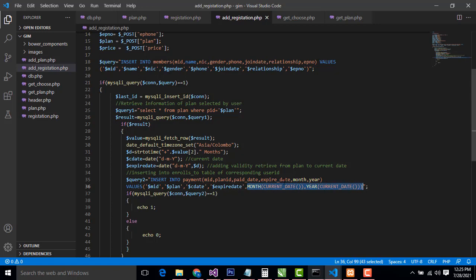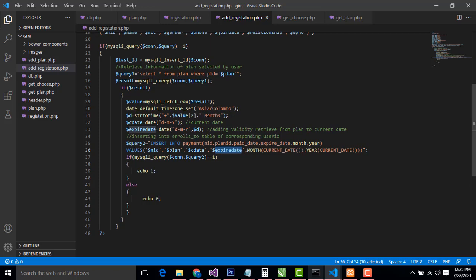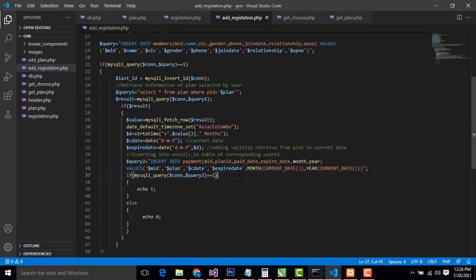So insert into month, here we have to write the code: current date, expiry date, this is the month calculation part. Then all of it will be saved in the table, right? This is simple, we have to take it. This is how we have saved it in the database, so don't worry about that. Here the time zone and all the stuff are there. Today the setting is Sri Lanka, Colombo. If you are in India, you can put India.